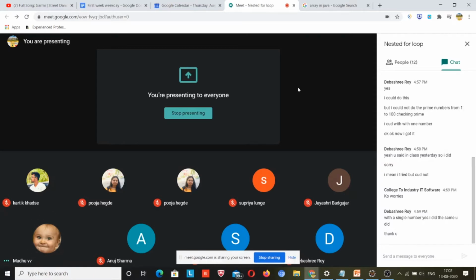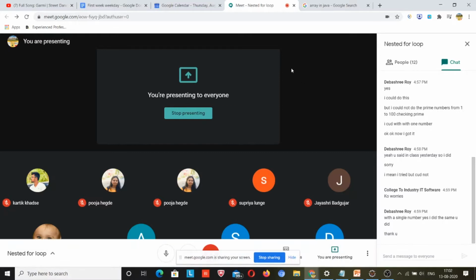So you must have used a nested for loop over there. Without using nested loops, this program is not possible. So I hope you have done the single table program, right? So